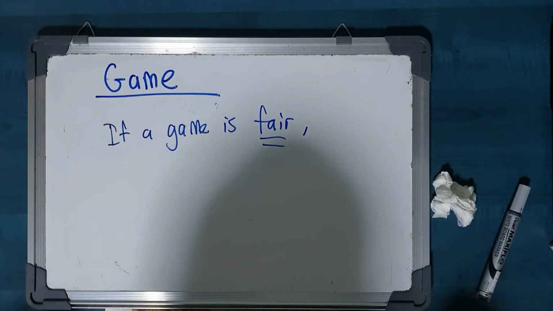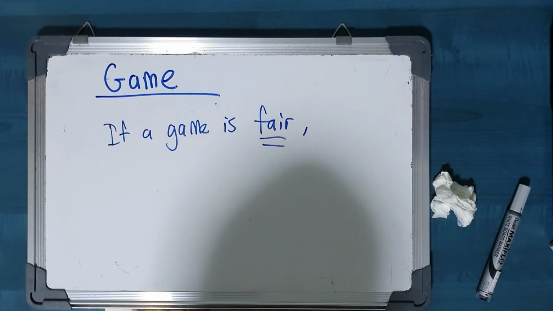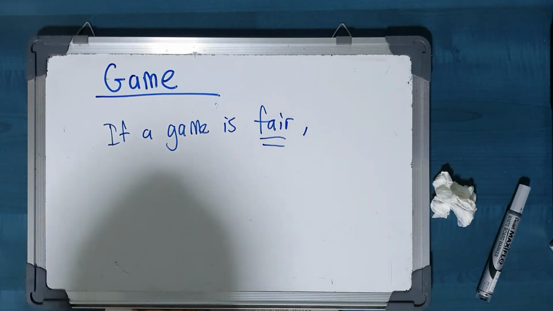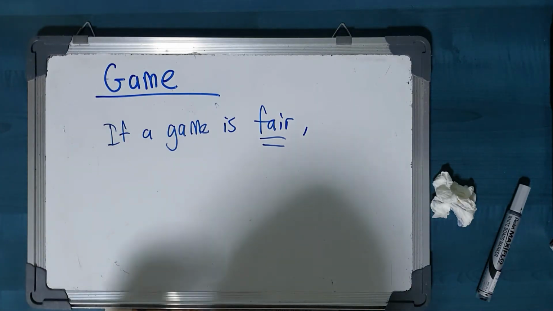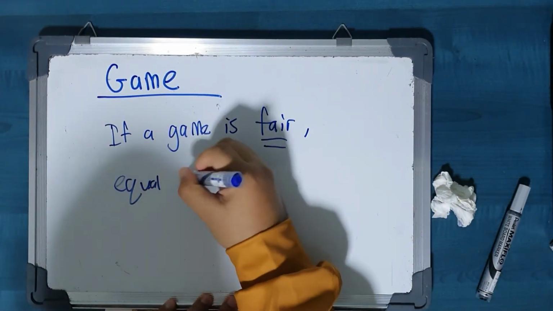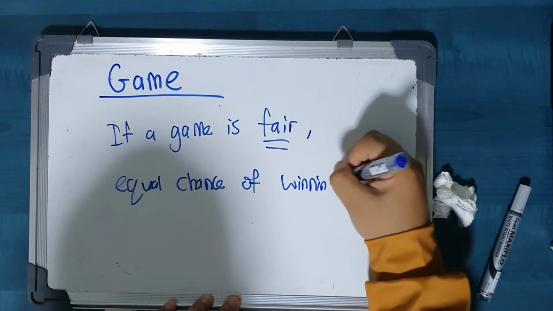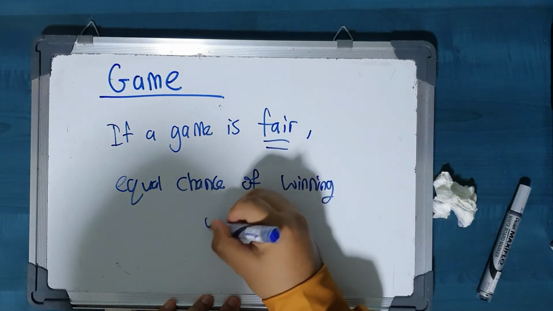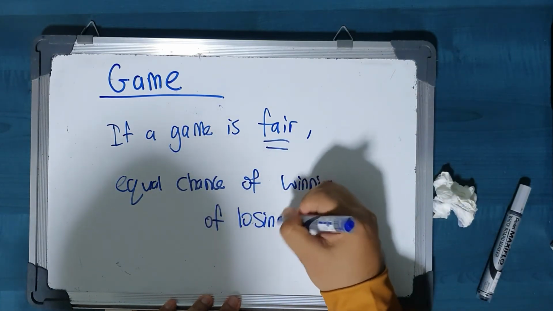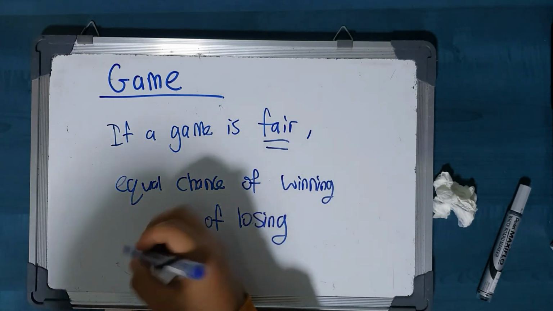So if a game is to be fair, and if you were to use simple logic, simple relation, for a game to be fair, there should be an equal chance of winning and an equal chance of losing. That is what makes a game fair. Therefore, you make neither profit nor loss,